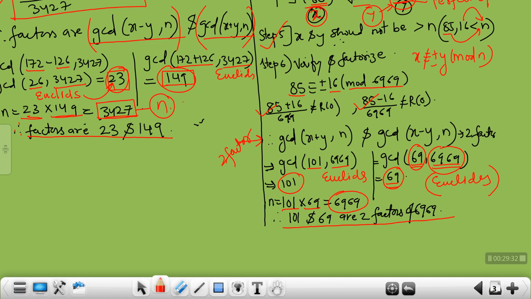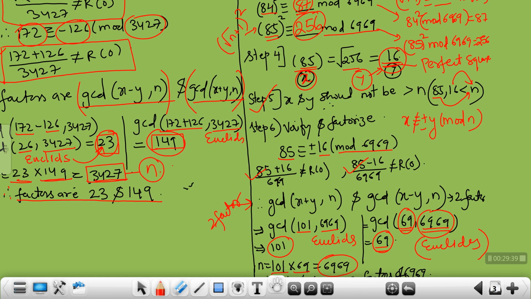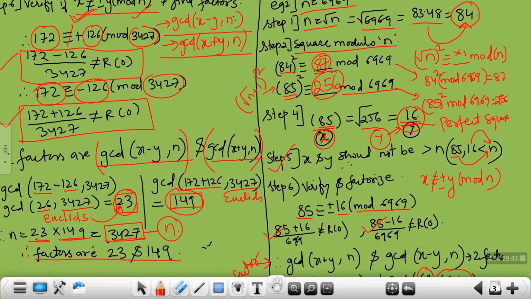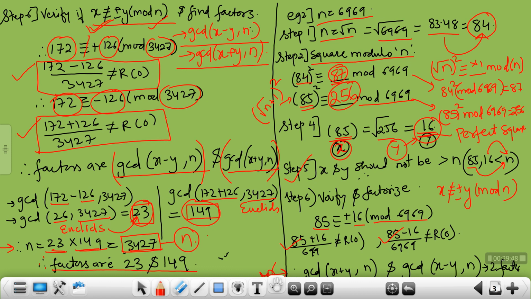So I have solved this problem basically for you all to understand how it is different from the other problems. In the previous problem that we solved, we were not getting a perfect square in step number 2. Because of which we went to step number 3 to find out the factors and then combine the two factors. Over here in step number 2 we are getting a perfect square.